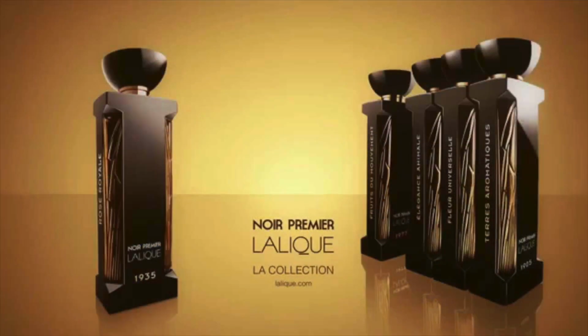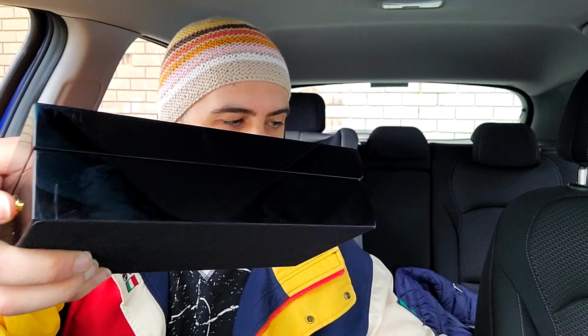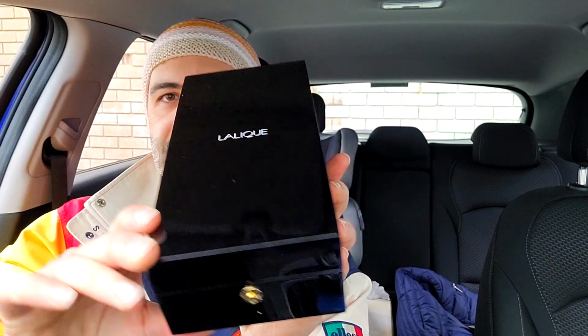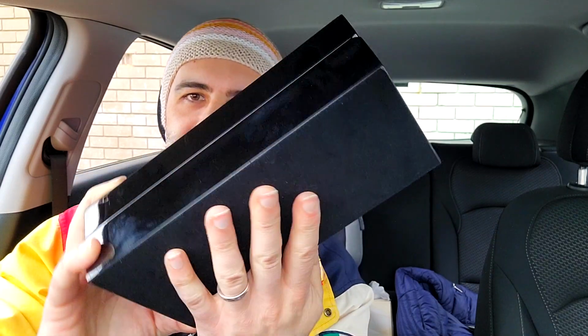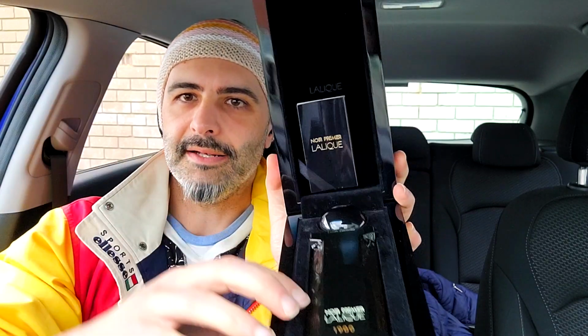Now they've got, I think, 4 or 5 of these in the line, and this is probably the best one to my nose. And look, it comes in a box like this. This presentation is a la Xerjoff, but it actually comes with its own lacquered box, like so. And I'll just lift it out so you can see the full deal. So that's the box. It's got like a little felt sort of underlining, and then it's got the Lalique lacquered box with like a sort of velvety underside, so it doesn't sort of scrape anywhere. And you push this button and lift it up, and inside you've got the brochure and the bottle,